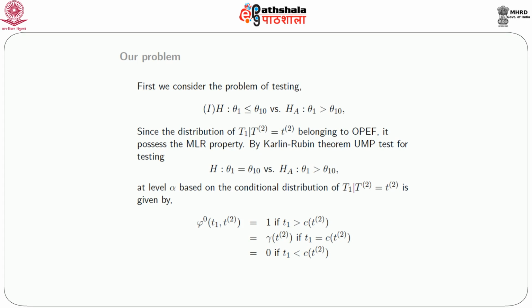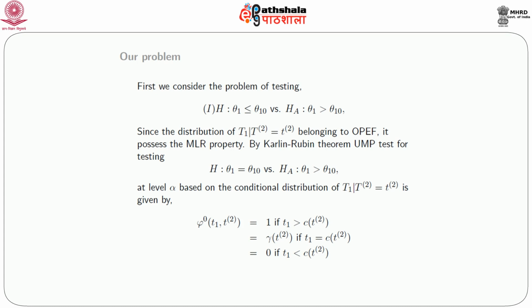Then by Karlin-Rubin theorem, as discussed earlier, the UMP test for testing H: theta 1 equals theta 1 naught versus H a: theta 1 greater than theta 1 naught at level alpha based on the conditional distribution of T1 given T upper 2 is given by phi naught T1 comma T upper 2